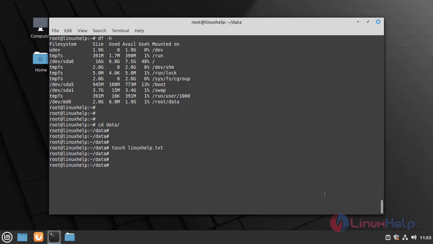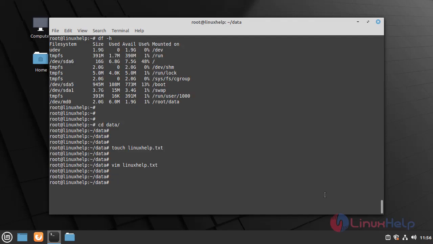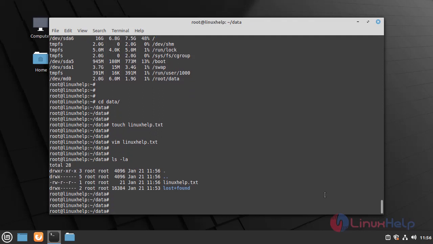Now I edit the file, write and save the file. Now list the directory. Here the file is added. Lost+found represents that the RAID is working fine.